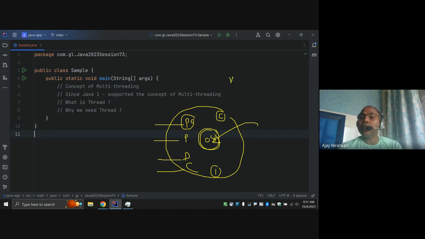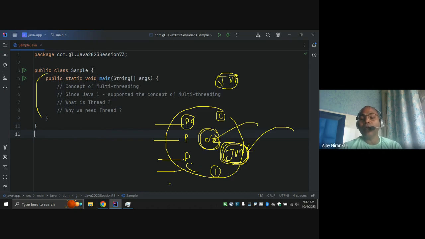Similarly, our JVM, Java Virtual Machine, is also one of the processes running on my machine. Whenever I run any code, the operating system doesn't know your code. The operating system only knows that one process is running in my space, named JVM, the Java Runtime System. Whatever program you run in Java, the operating system considers this JVM as one process.